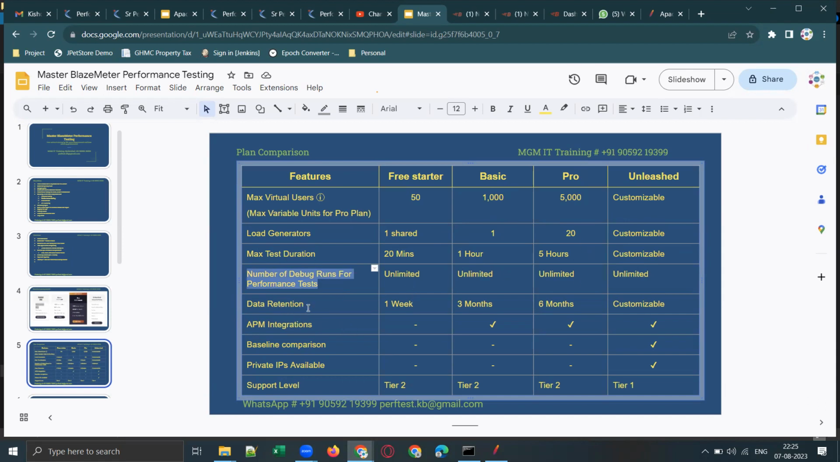Wonderful, right? And data retention. What is meant by data retention? Data retention means retention of historical test data. When you are doing performance testing, or any testing, it is a continuous process, isn't it? So you will be executing, and the test results will be stored in the BlazeMeter website, and how much historical data you can fetch at any time